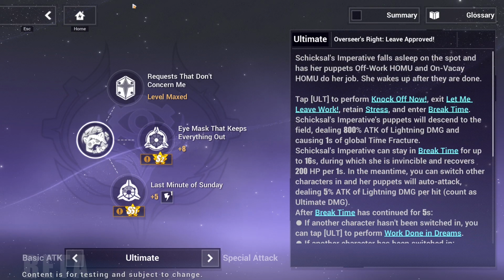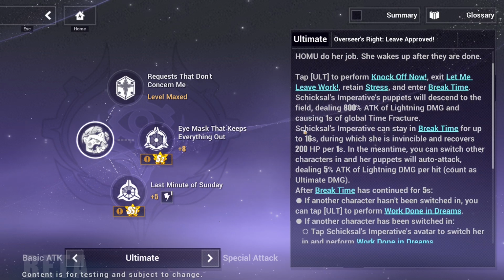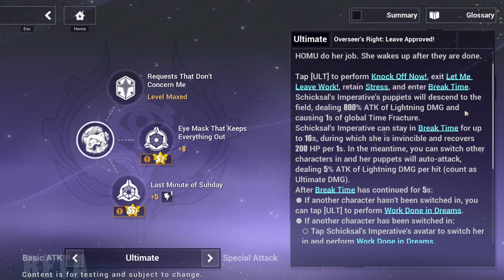Okay, so for her ultimate, this is pretty long, so bear with me. Tap ultimate to perform Knock Off Now, which is the first phase of her ultimate. Exit the special state, retain stress, and enter break time state. The puppets will descend on the field and deal lightning damage to all enemies, causing 1 second of global time fracture. She can stay in break time state for up to 16 seconds, during which she is invincible and recovers 200